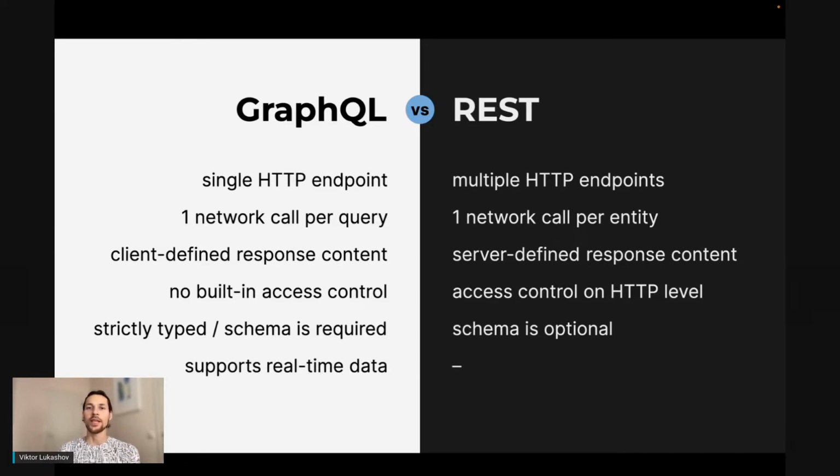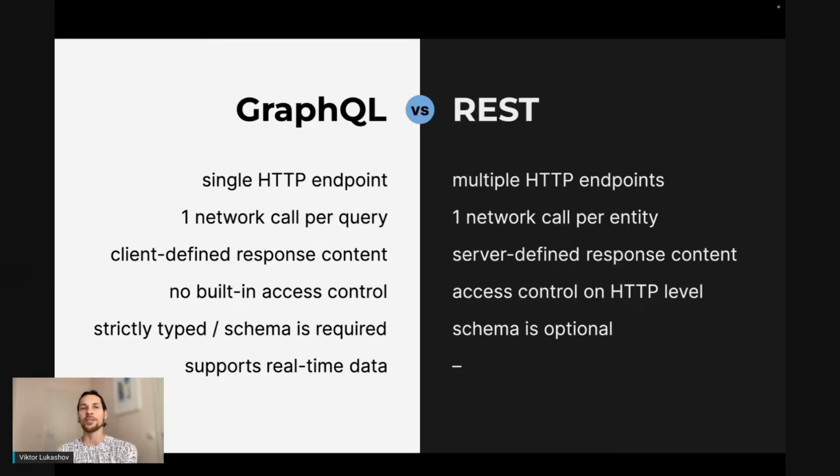Support for real-time data is something that GraphQL has out of the box. There is first-class support for the concept called subscription, where you as a client of a GraphQL API could define a subset of your data that you care about, and then the server would detect changes.